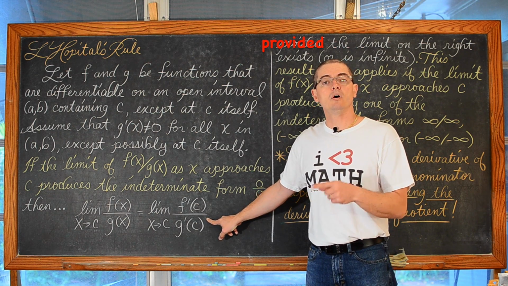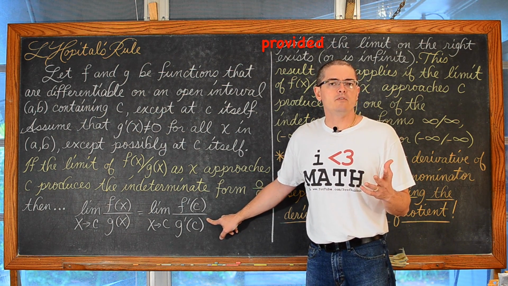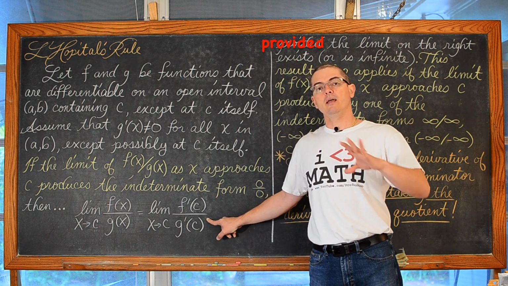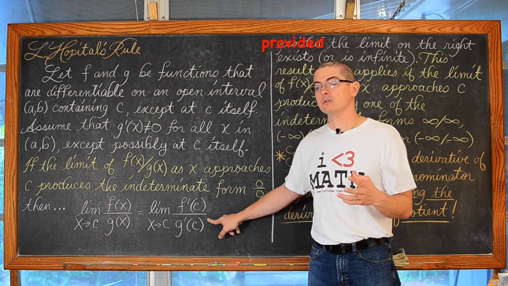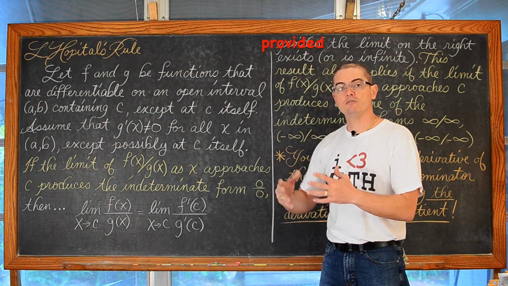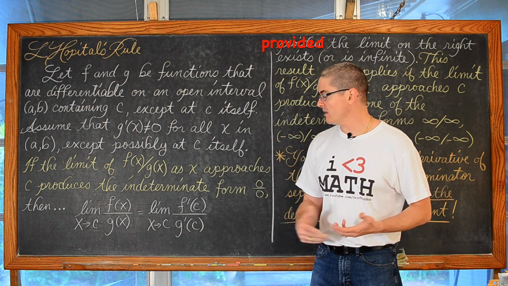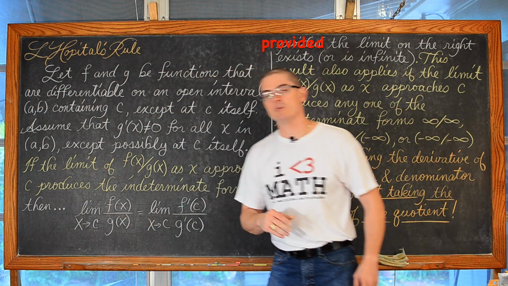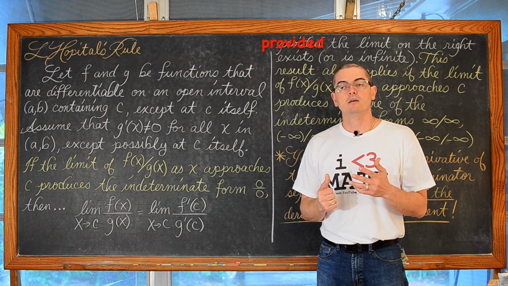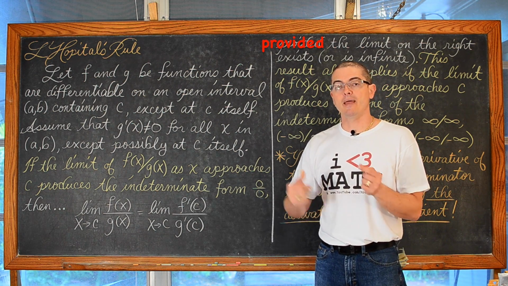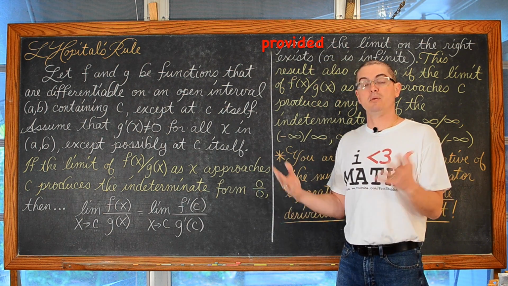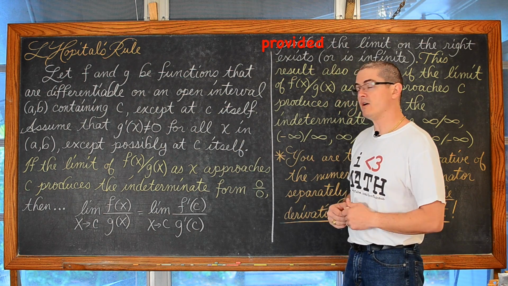So, unlike in the previous board where I did that algebraic example, where I had to factor the numerator and denominator and see if there were any common factors that canceled, I can just take the numerator and denominator separately and then find the limit of each, and that is the limit as x approaches c of my original expression f of x over g of x. That is going to save us a lot of time. And on that second example that had the transcendental function, that's going to allow us to find the limit, period, where I couldn't with algebraic manipulation.